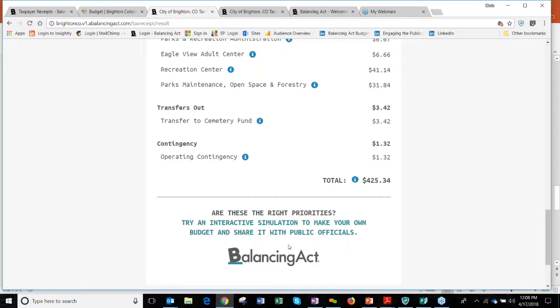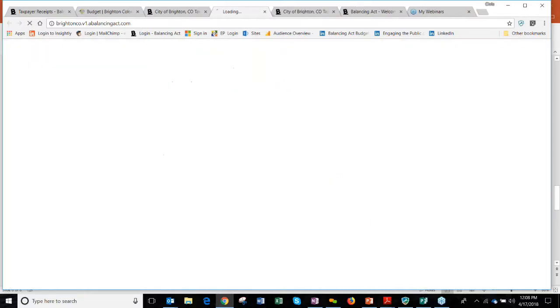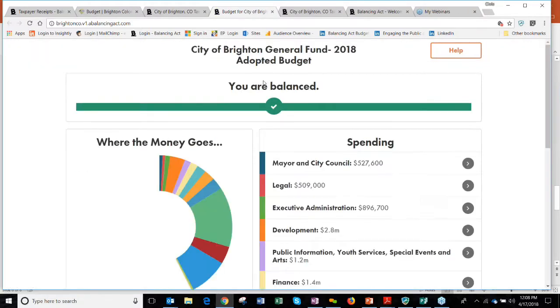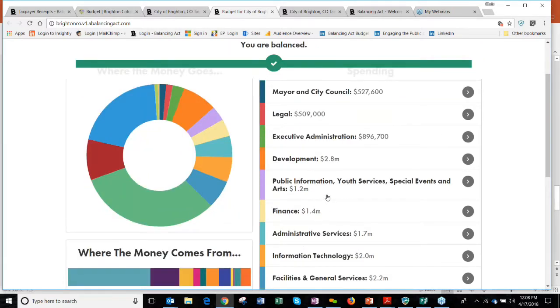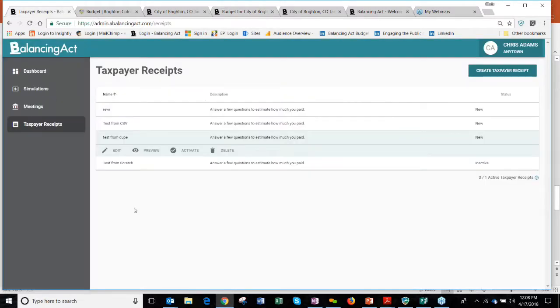And so in this case, down here, it says, are these the right priorities? And then it says, try an interactive simulation to make your own budget and share it with public officials. So if you click on that, it then takes you to Balancing Act simulation. And this is the subject of a different webinar, so I'm not going to bother with that right now. So let's go to my Sandbox account and just get a sense of what it looks like to create a